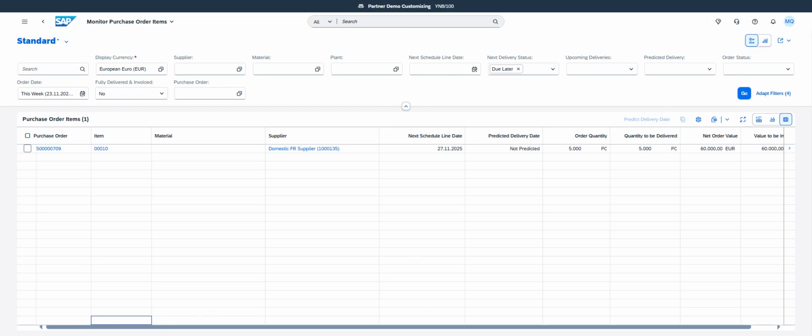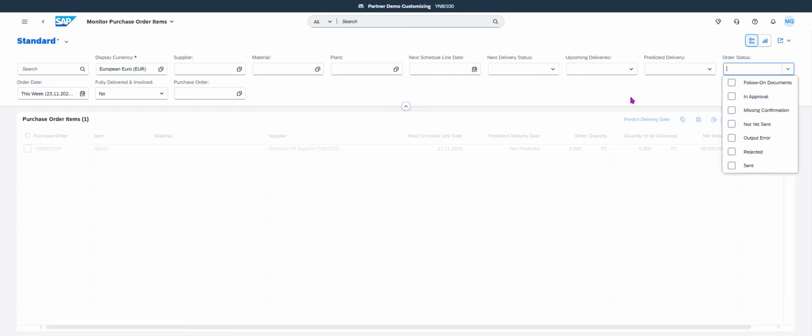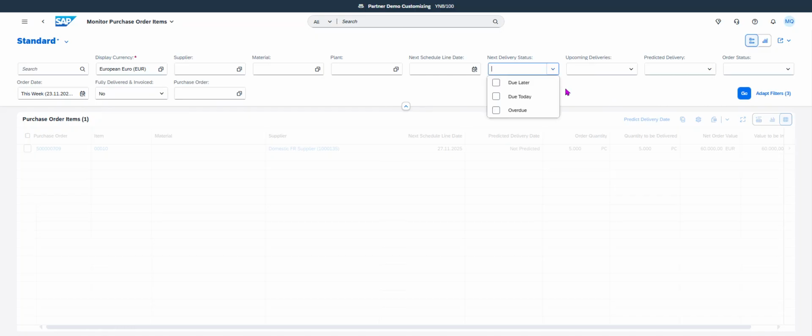So right now, you have a real cockpit to follow all the purchase order items and check only when there is a discrepancy. So focus all the time on, for me, the most important, which is overdue and the order status. Check only perhaps also due today, and